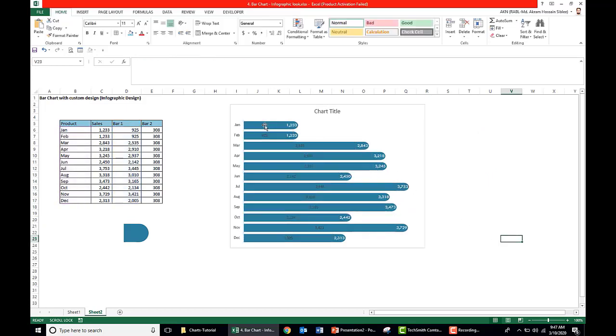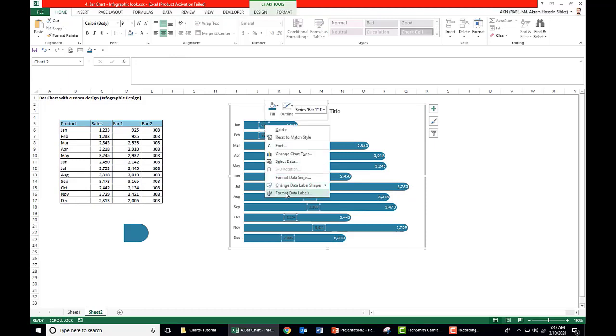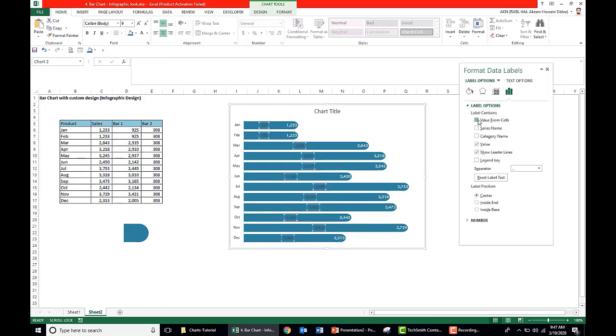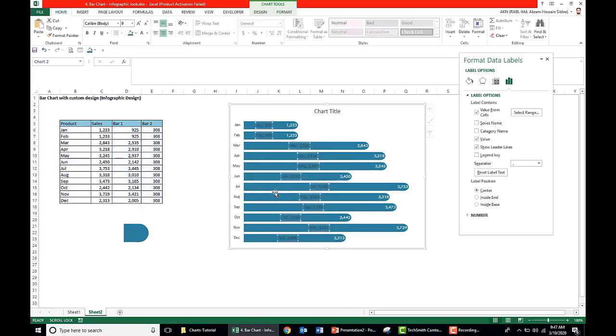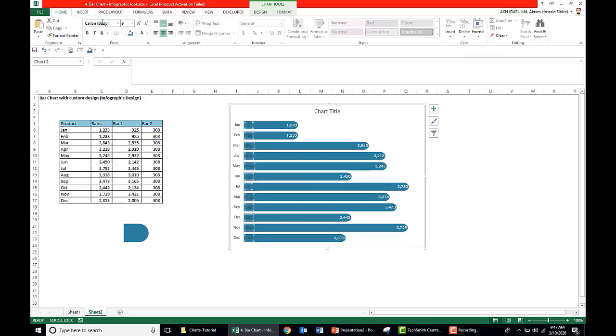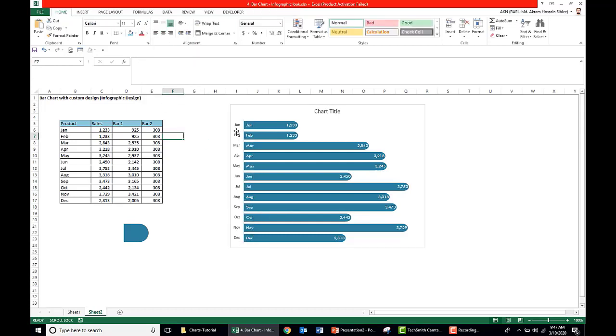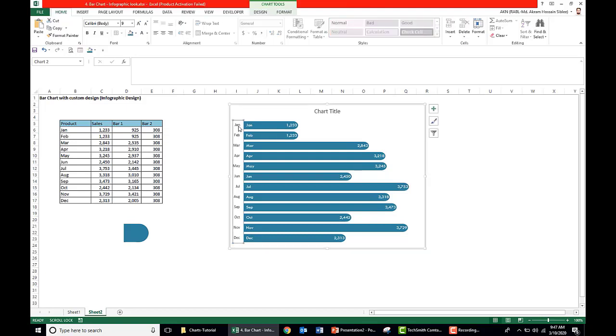Now same way, select the data labels, right click, format data labels, select values from cells, and here in this case we select the month name, click OK and remove this value, and we take the label position as inside base. So we place it at the inside base. Now go to home, select the font as TW Cen MT and take font size as 10 and font color as white.